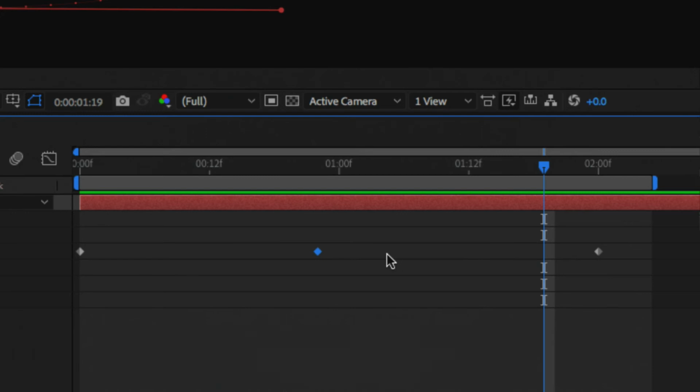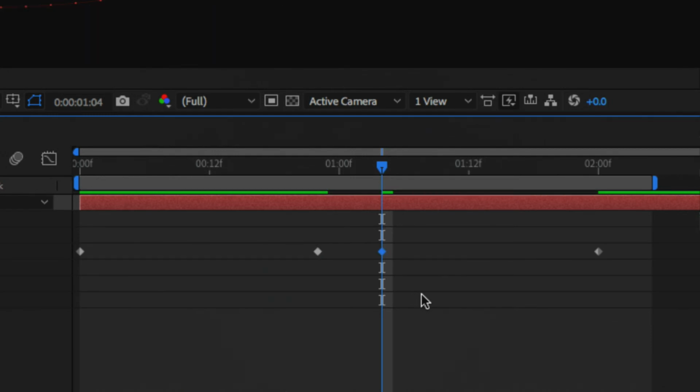Because if we have two keyframes that are identical, the computer has nothing to transition into, right? So one of the cool things about working inside of After Effects is that we absolutely can duplicate our keyframes. We don't need to manually write things down or generate a new one by hitting that little diamond button, okay? We can simply select the keyframe, and when it's blue, that means it's selected, and then Command-C to copy, and then I want to place the playhead somewhere else, just somewhere in the future, and then use Command-V, V as in Victor, to paste a duplicate keyframe on my timeline. Now I have two keyframes that are identical,